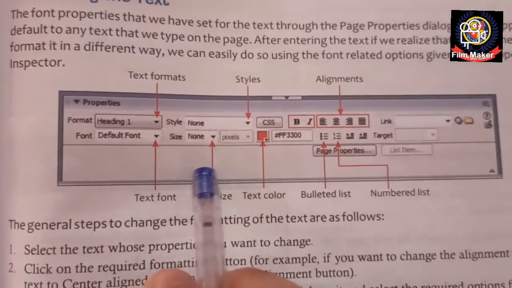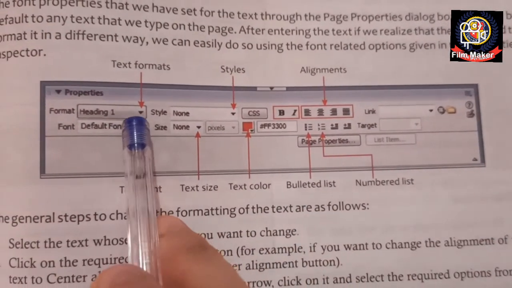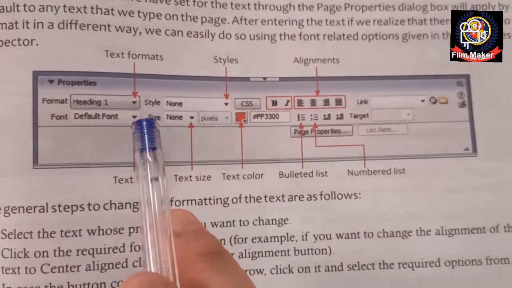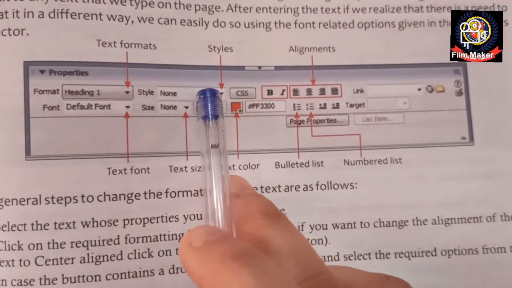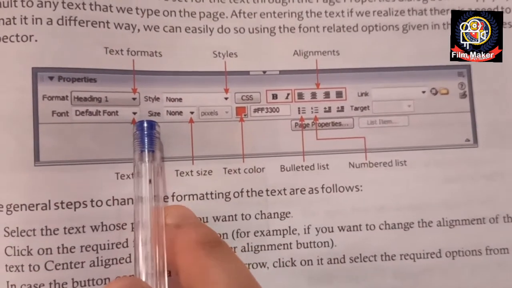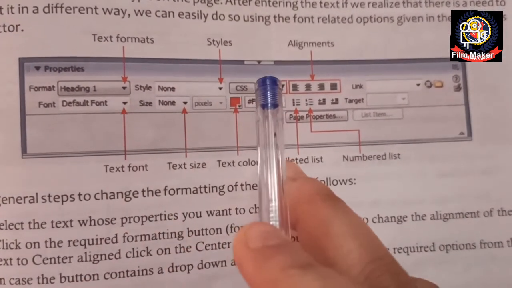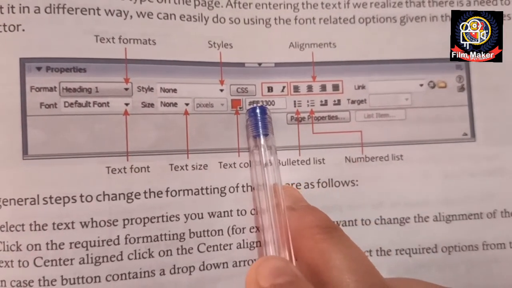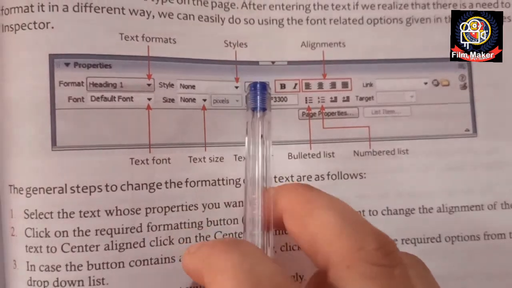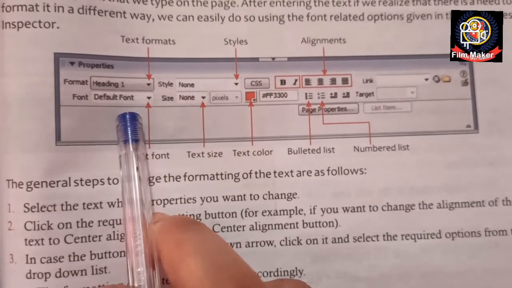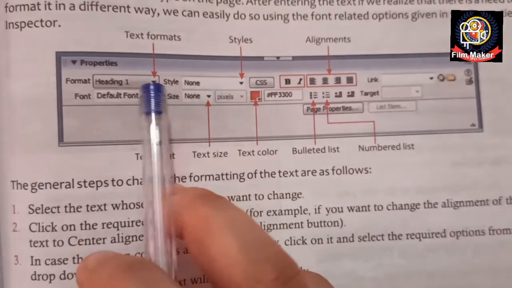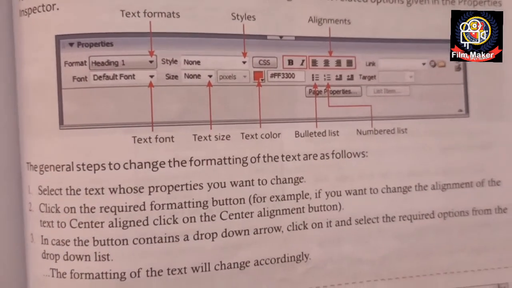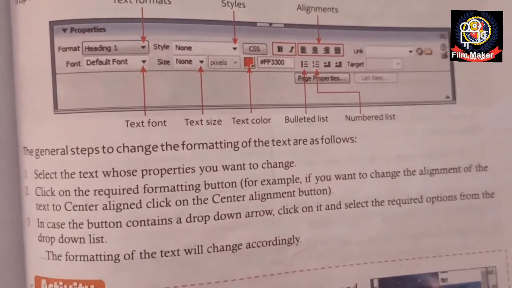So as you can see, this is the properties dialog box. This is the option formatting for the heading. This is the font style. This is the font size. Okay, default font, whatever it is there, this is the font style. This is font size, then this is font type, and then this is the bold, and this is for italic, this is the alignment, this is the font color. Okay, so whatever the property you want to change, you can change. Like this is for text font, I have told you. This is for the styles, this is for the heading, this is for the size. Okay, so this is how we can change the formatting of the text.